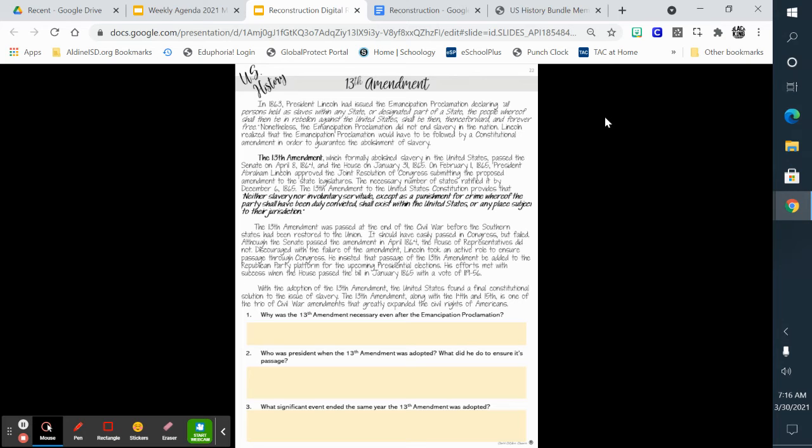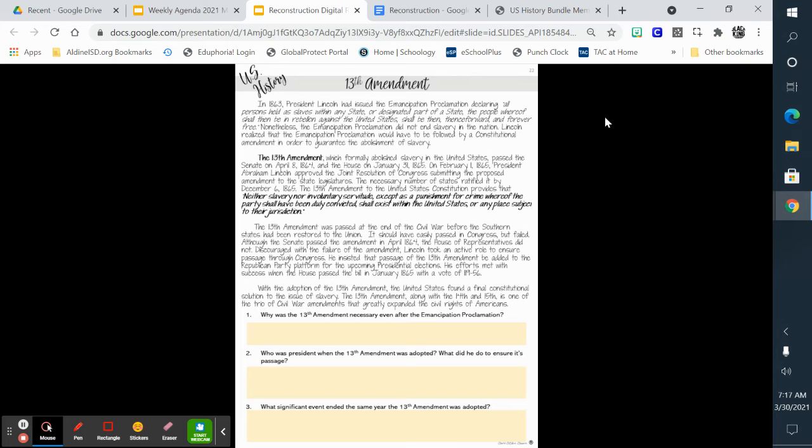Discouraged with the failure of the amendment, Lincoln took an active role to ensure passage through Congress. He insisted that passage of the 13th Amendment be added to the Republican Party platform for the upcoming presidential elections. His efforts met with success when the House passed the bill in January 1865 with a vote of 119 to 56. With the adoption of the 13th Amendment, the United States found a final constitutional solution to the issue of